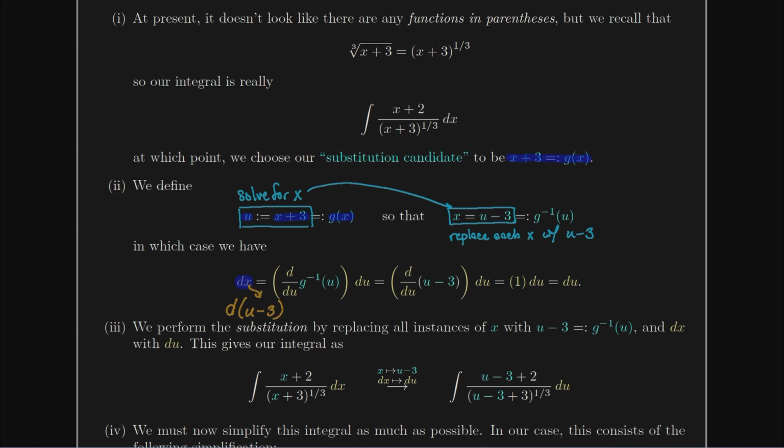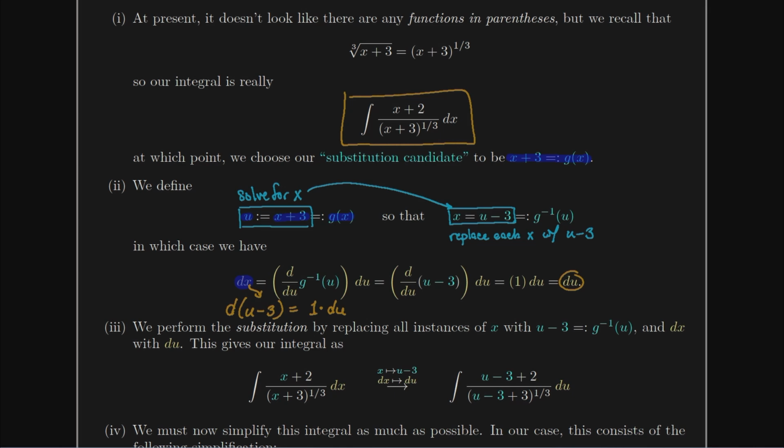This is just me replacing that x and dx with u minus 3. Well, what is du? It's the derivative of u minus 3, which happens to be 1 times the differential in the u variable. And so in this case, we get a little bit lucky. dx and du are actually the same thing. So if we go to our original integral then, which was this, integral x plus 2 over x plus 3 to the 1/3 power dx,